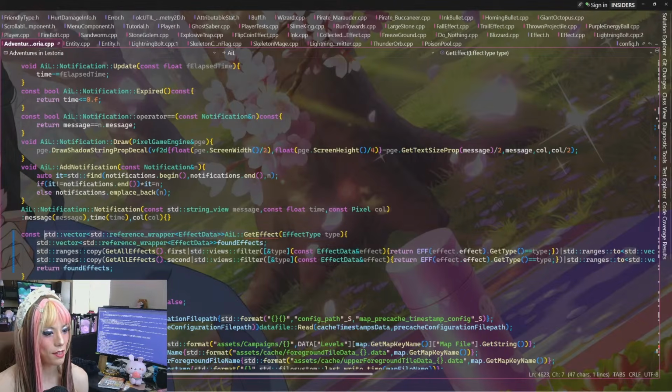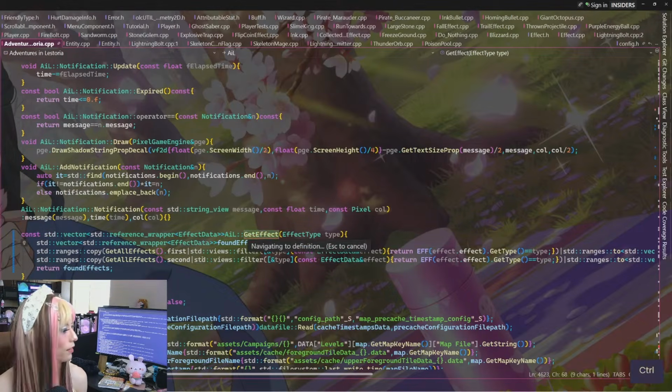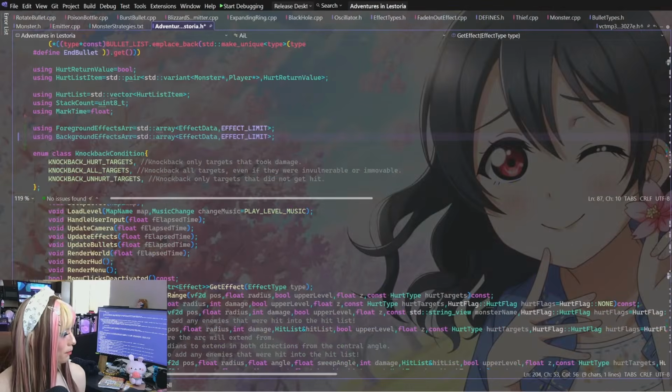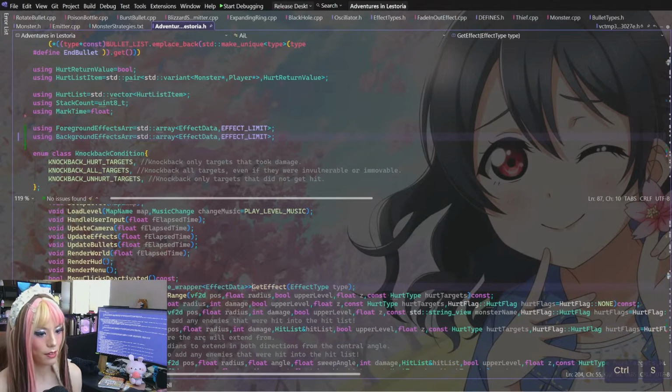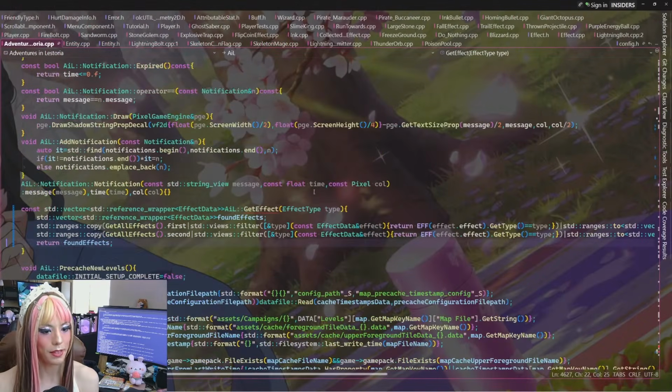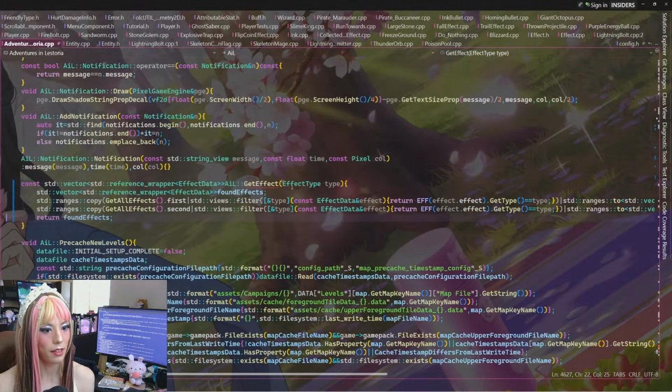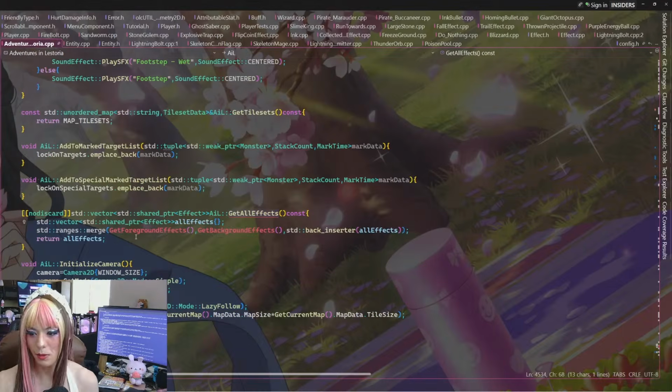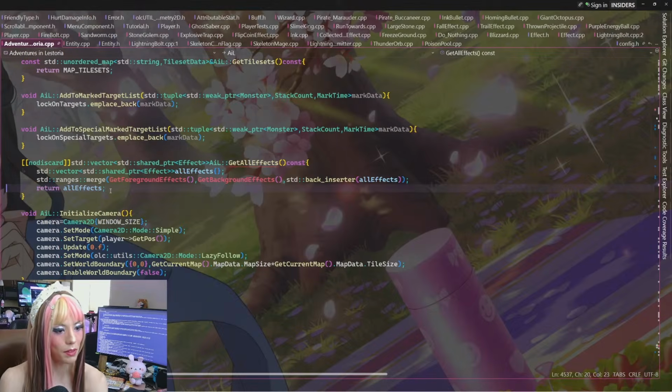Decoration is incompatible. Oh, because I changed this. I need to go change it on the other side. Okay. So we should be good with that. And then I need to look at get all effects to fix that up now. Because in get all effects, we're returning like a pair. So I did standard ranges merge on get foreground effects and get background effects.